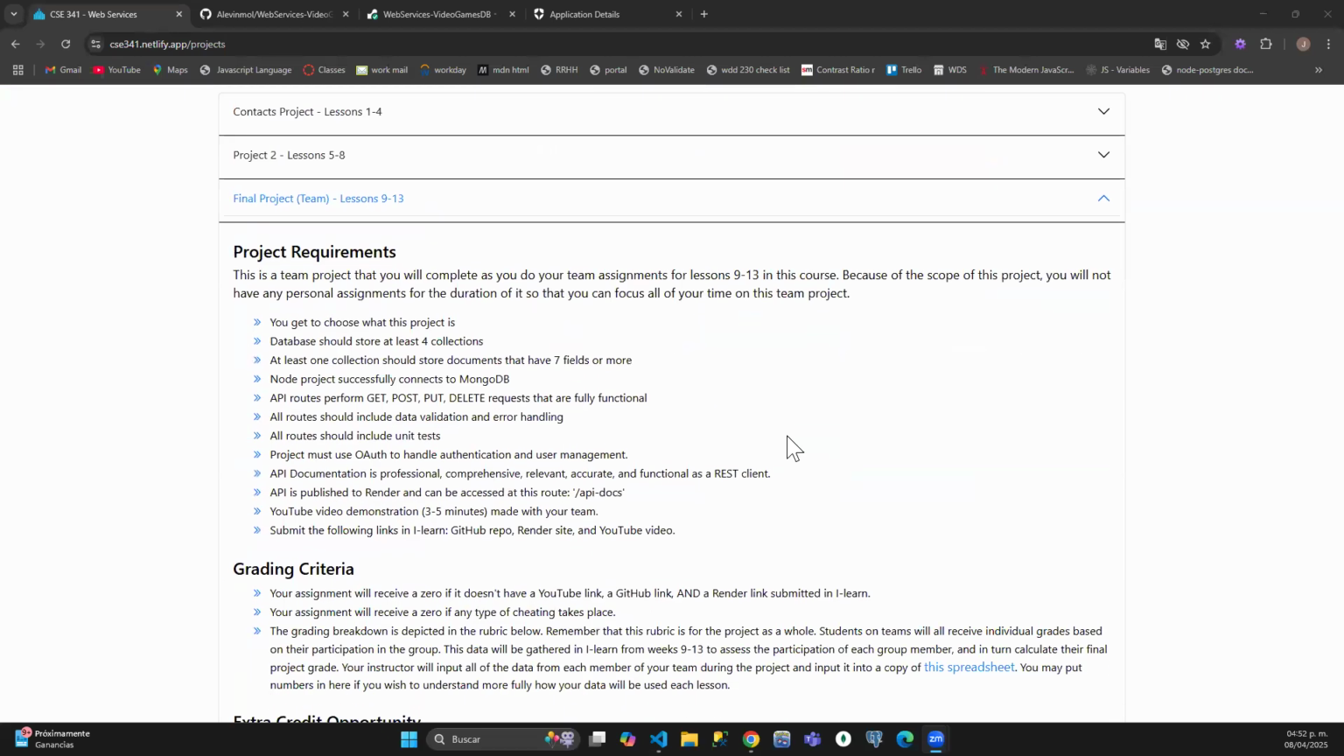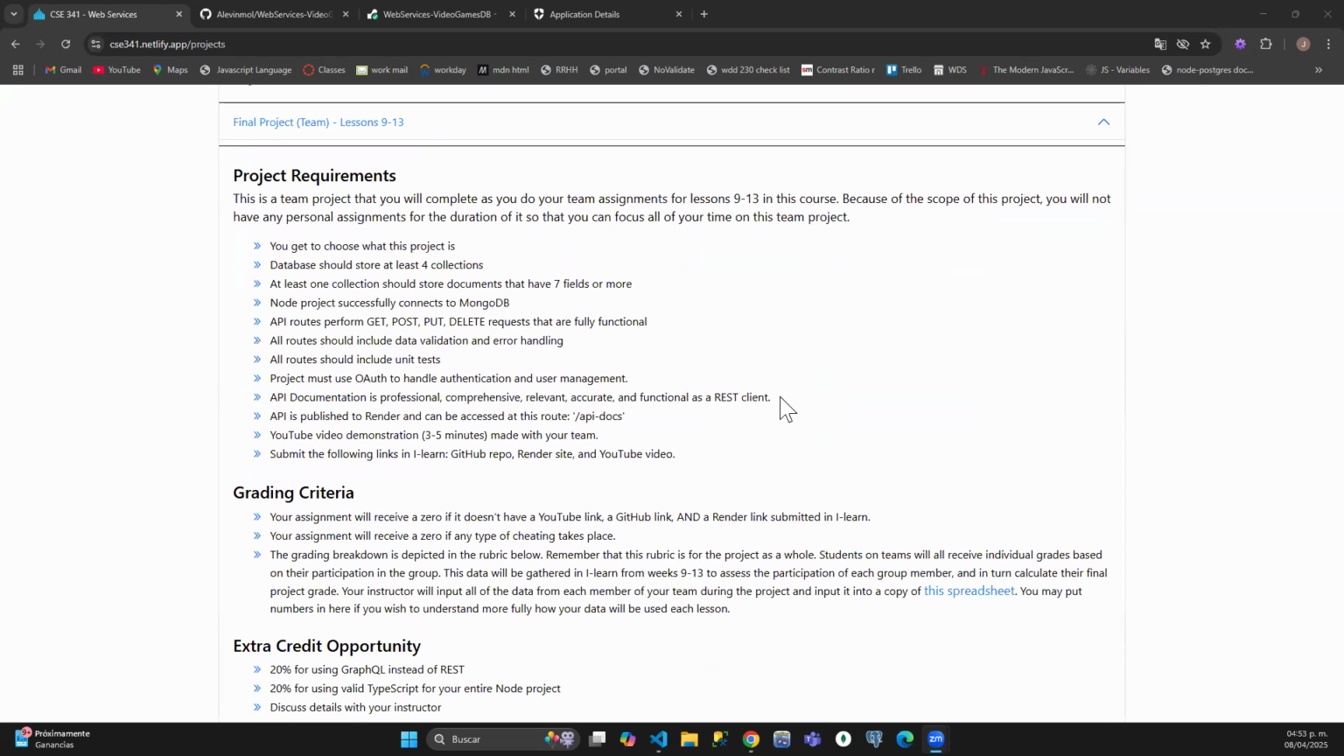We're presenting our final project, a video game library database, and we meet the requirements. I'm going to show what our project is, that it has at least four collections in the database and one collection with at least seven fields or more. I'm going to show that through